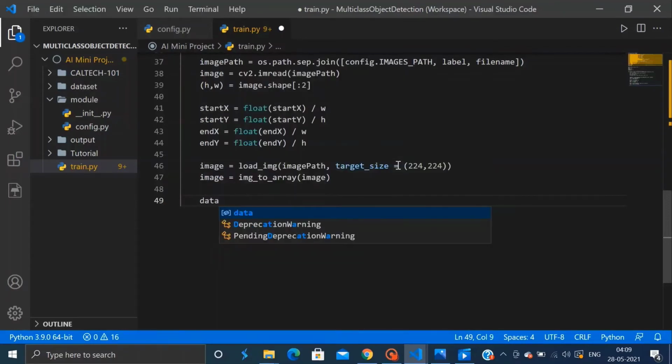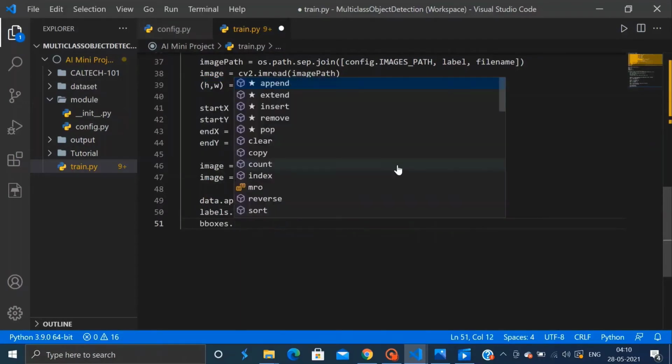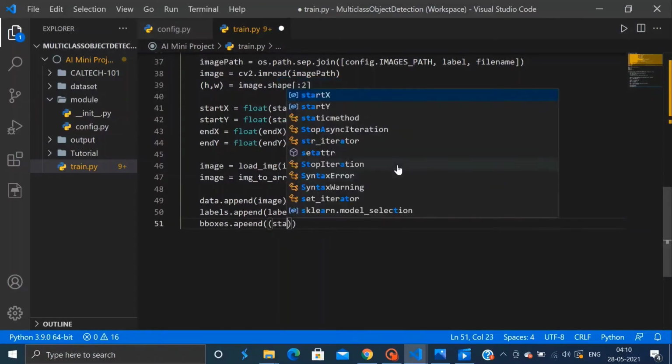Now to finally close our data preparation loop, we will update each of our lists, which is the data, labels, B boxes and image paths respectively, with the updated values. So B boxes dot append.